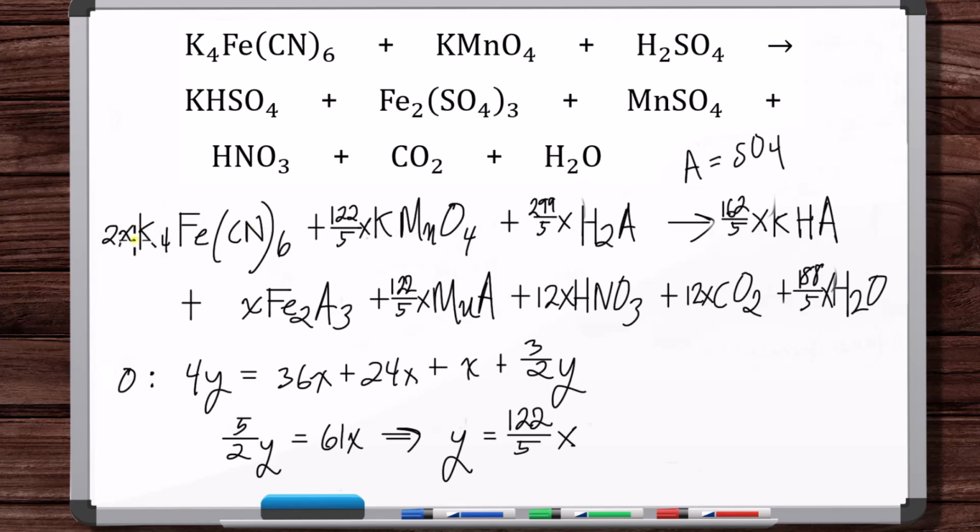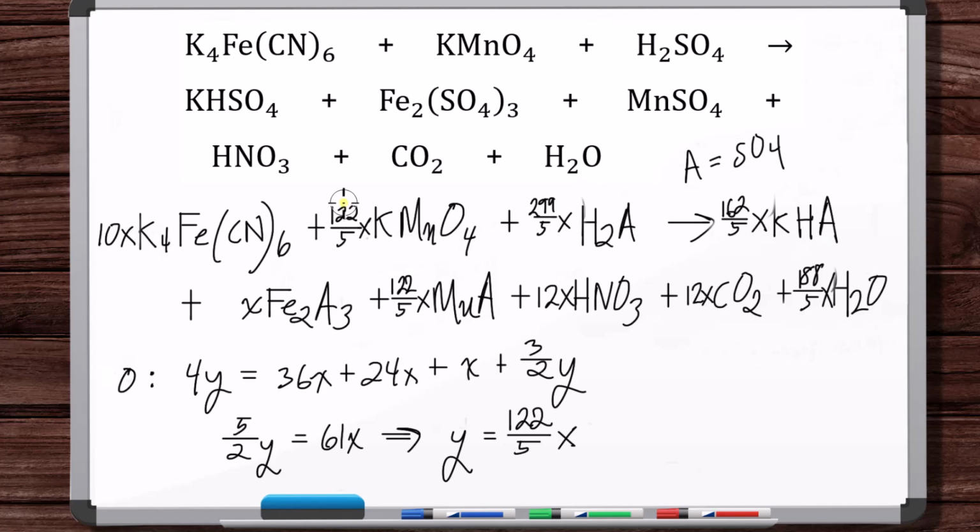Okay, now let's just multiply this entire chemical equation by 5 to clear the fractions. We're not going to change the balance if we multiply everything by the same number. So, okay, we've got 10x here. This is going to be 5x. Well, I don't want to confuse myself. So, okay, this will be